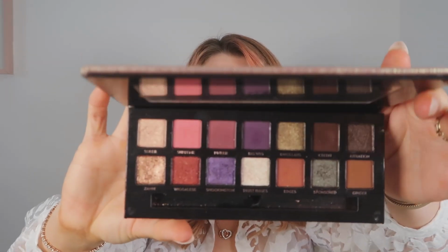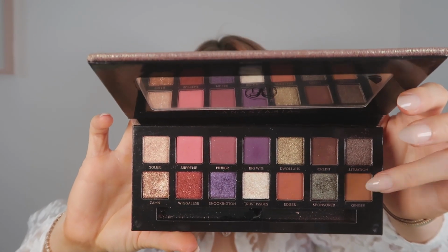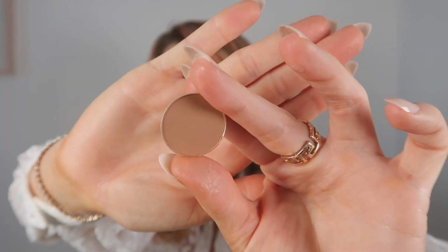So as you can see, I feel like this palette is really missing a colour slightly lighter than this one. So in place of that, I'm going to use this new MAC shadow that I got. This is called Clout, and it's one of their powder kiss eyeshadows, which are very matte eyeshadows, and they're really nice texture actually. So I'm going to start off with the skin as always, but firstly I'm going to